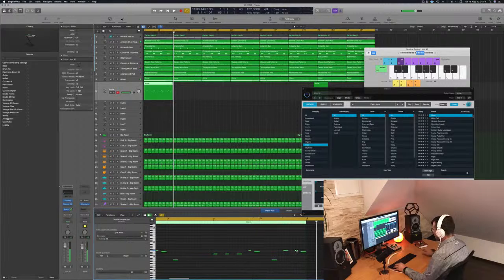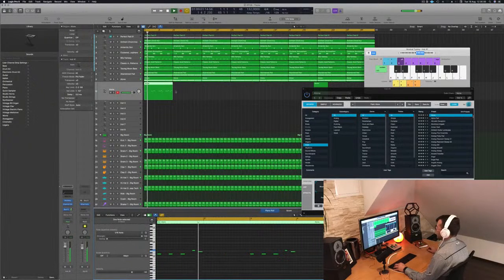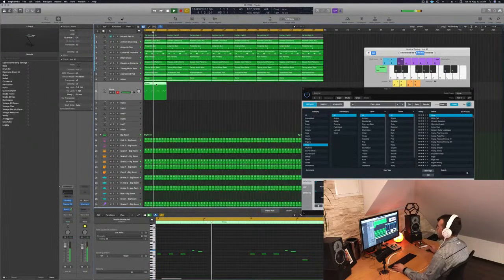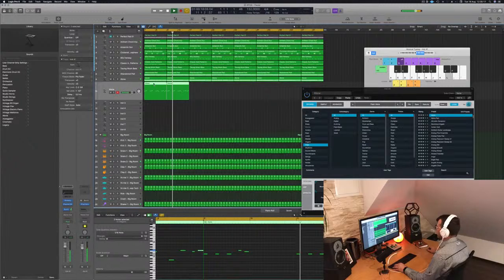Maybe I would invert those two just to see if I put